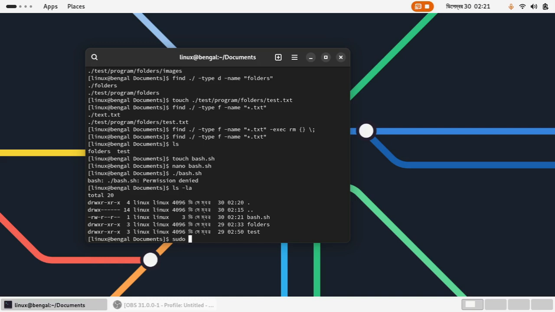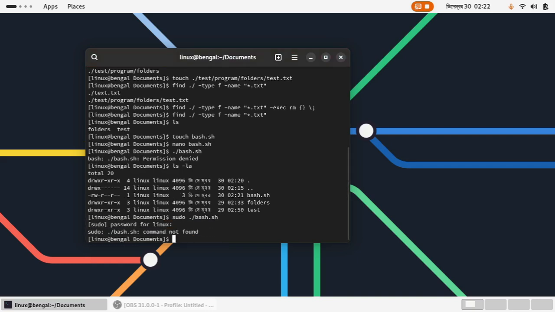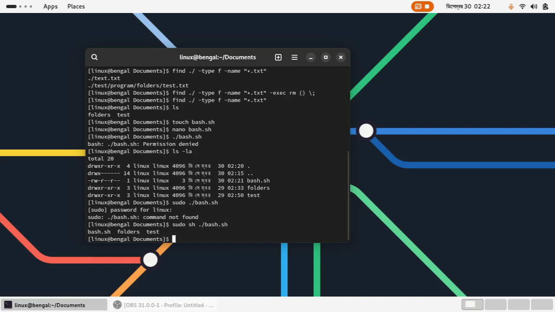So for that, we can execute it like this, bash.sh. It will ask for the password, so I give the password. Sorry, let's say sh, and here we get